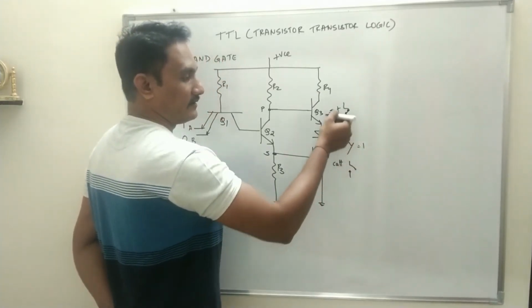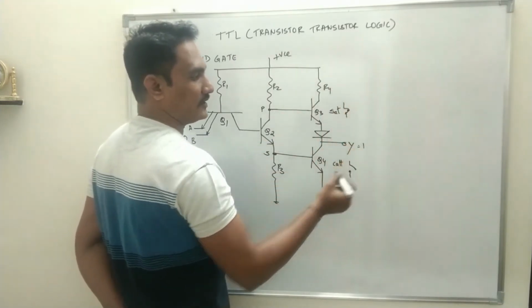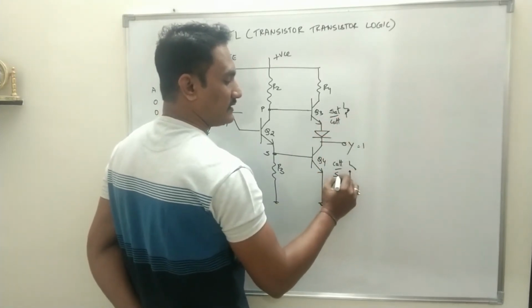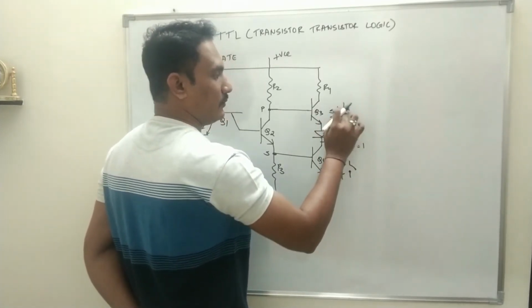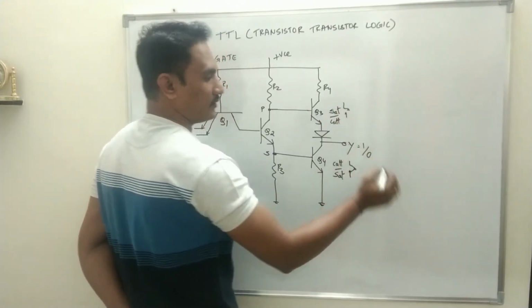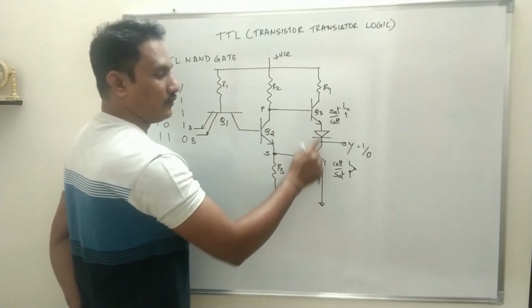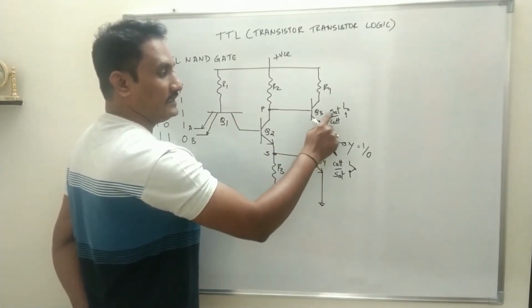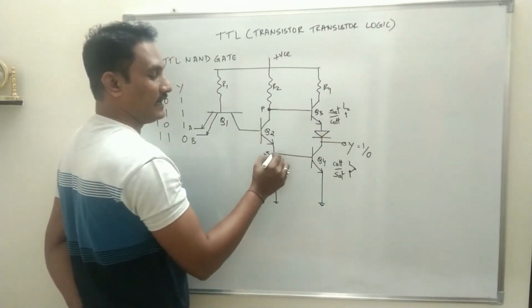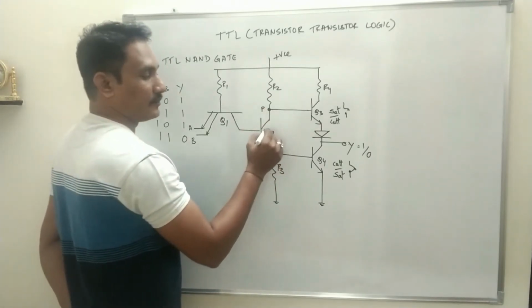So Y is connected to positive supply through this switch. So Y will be equal to 1. If the polarity changes, if this is cutoff and this is saturation, this will be an open switch, this will be an on switch, Y gets connected to ground, so Y will be equal to 0. So now Q3 and Q4 will be in saturation or cutoff depending upon the potential at P and S, and potential at P and S depends upon Q2.